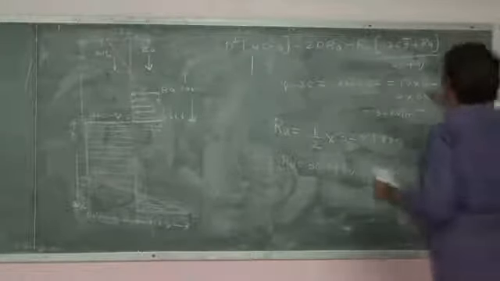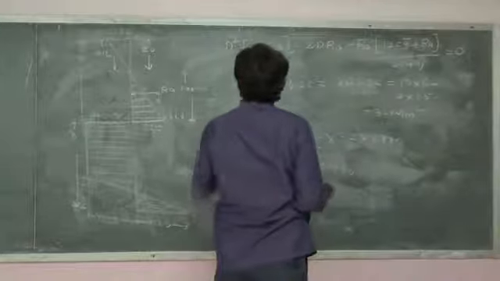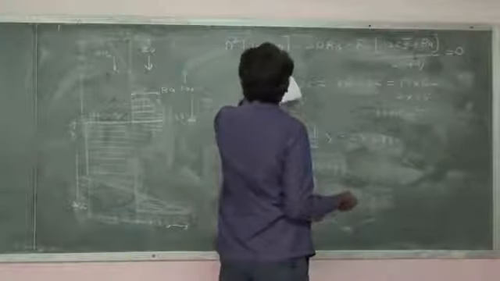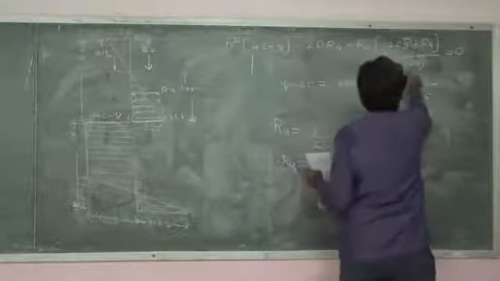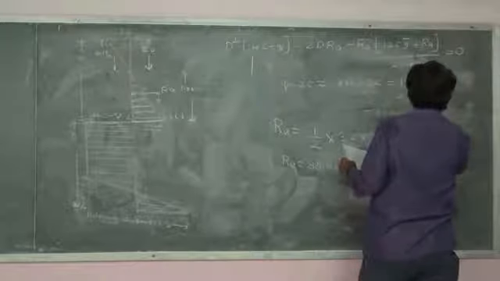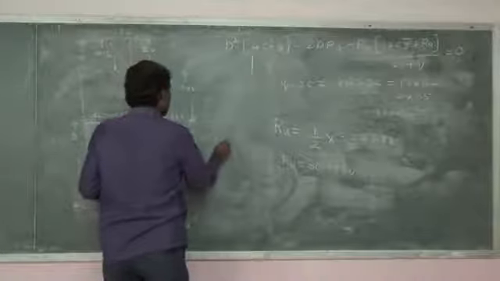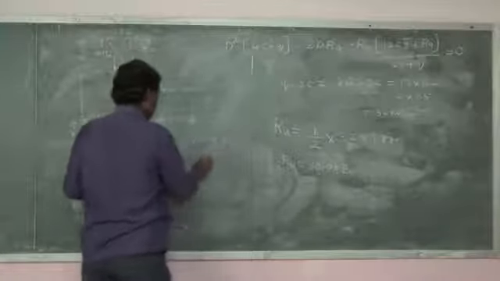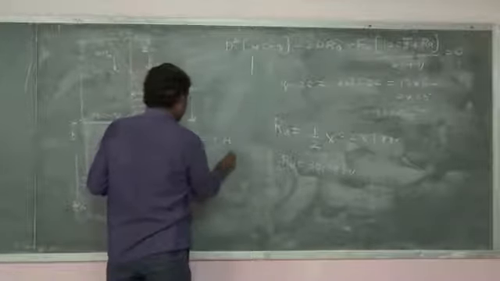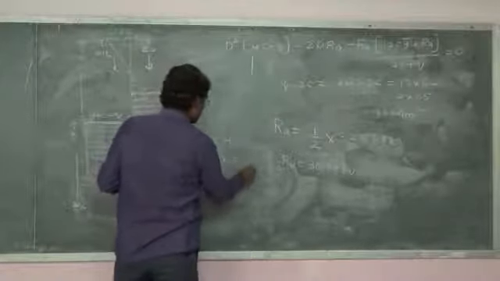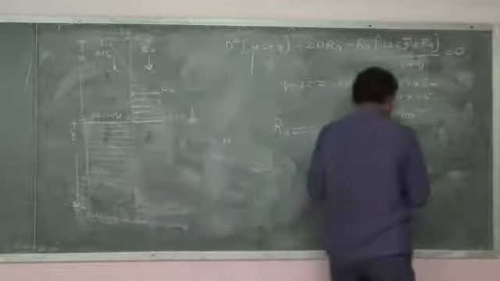For this equation, now this value is known. So what are the other things we know now? 4c minus q, q you know very well. C also you know. You can substitute. RA you have just calculated. Now 2c plus q is also known. Q is equal to gamma into H, that is gamma is 17 into 6. It is 102 kilonewton per meter square. So Q is also known now.